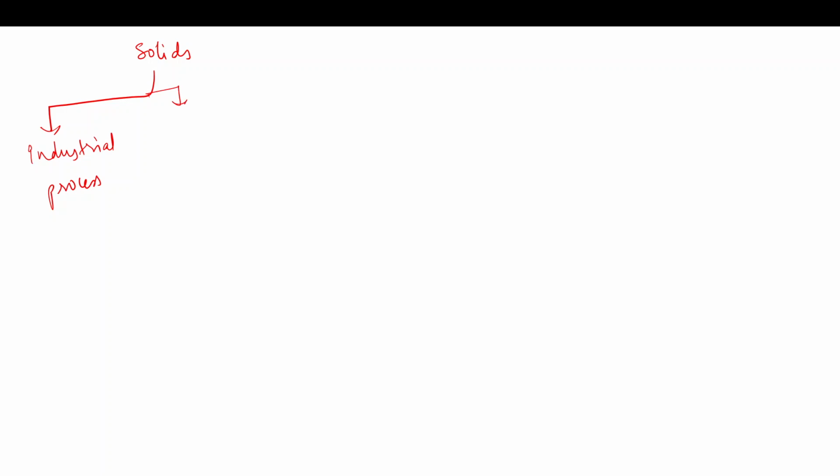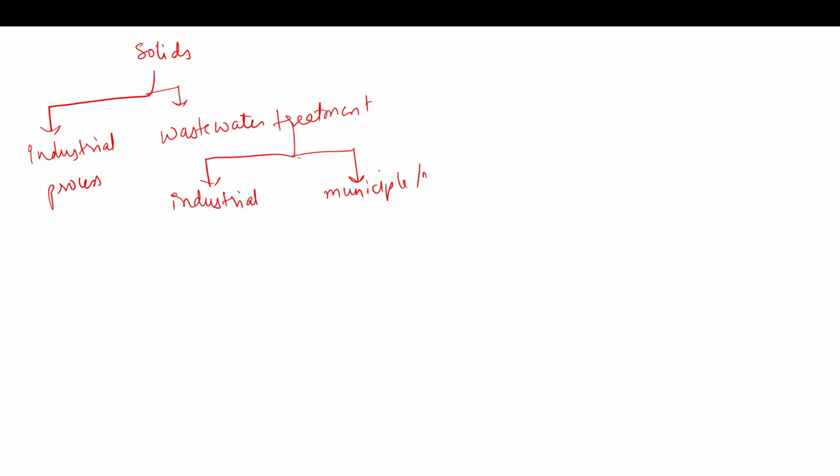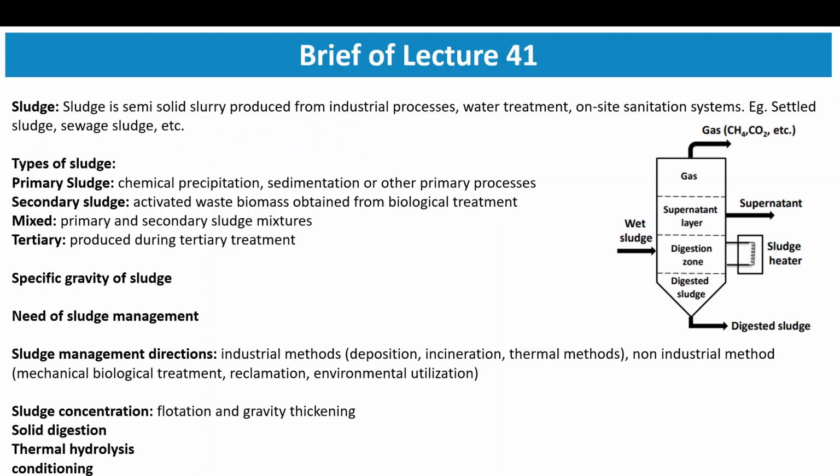Then it can be generated from wastewater treatment, either industrial or municipal or sewage treatment. So solids are generated in all these types of processes, and we know that solids can also have the